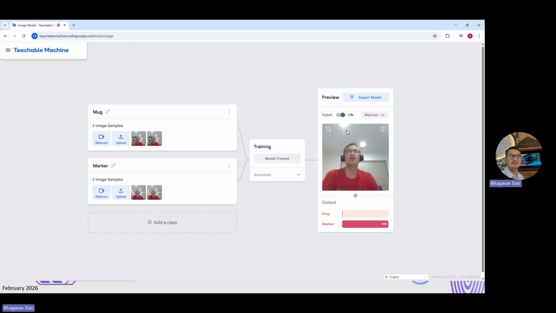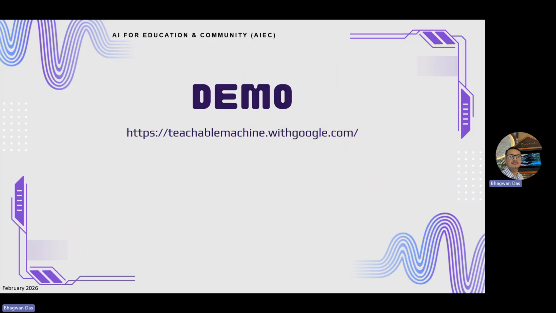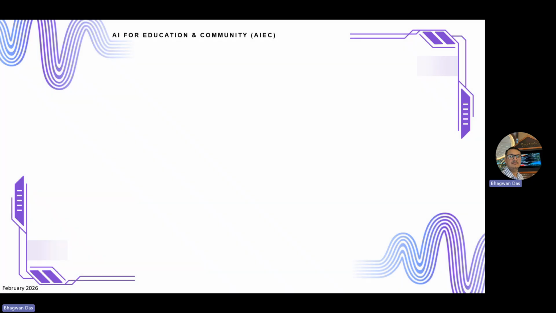So this is how machine learning and artificial intelligence works. We are giving the inputs as data. The system learns from the input, and then we give this data to the model so that it trains and predicts. I will share the links with you, and then you can play around with this demo based on the audio and some more poses as well.